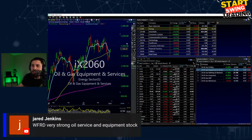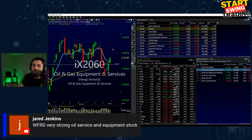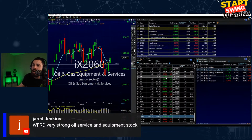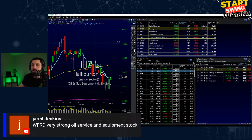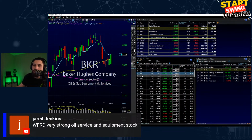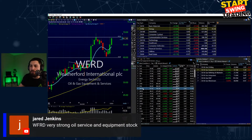You can see here on the daily, you kind of pushed back above. This actually doesn't look too bad, especially as you start to clear back above this level. Let's see if we get to the 1200 on some of these names. High cap names in that space are going to be like Schlumberger, Halliburton, BKR, TS, NOV. Of course, you're still looking at the one that you like, WFRD,